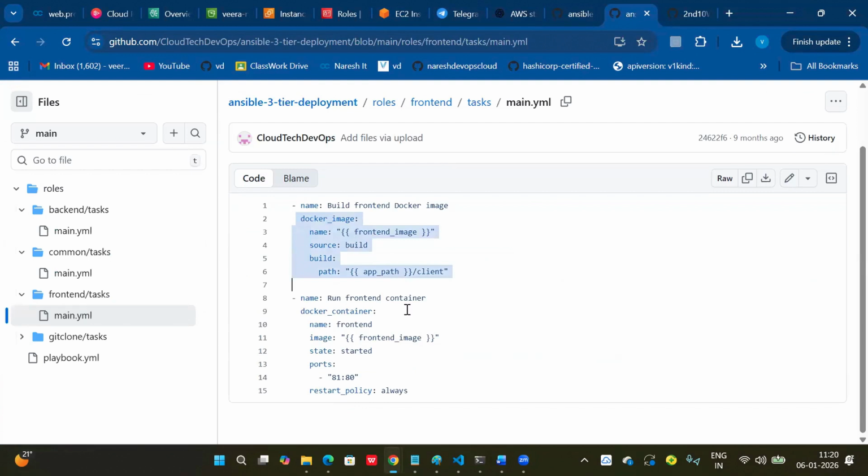See, first build an image. How many tasks are there here? Two tasks. You can understand these are the child tasks. First image build, then run a container. So you just have to add an entry for Docker container. With the Docker container entry, you can add a container that will start from this image. And next, Docker image means source as a build. Docker builds an image. The Docker file exists inside the app path, client inside. So it builds an image.